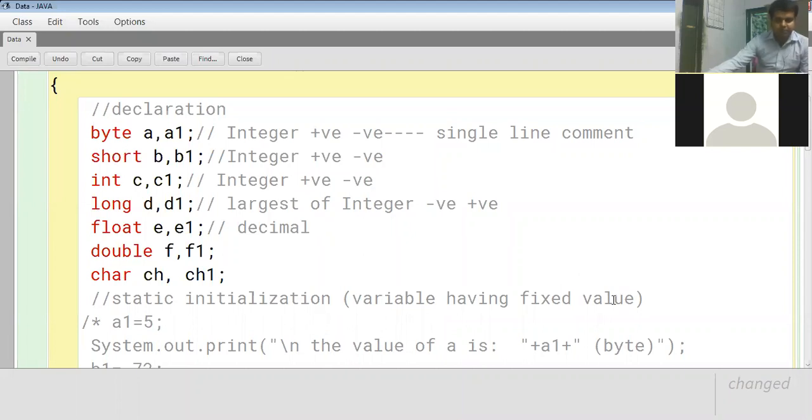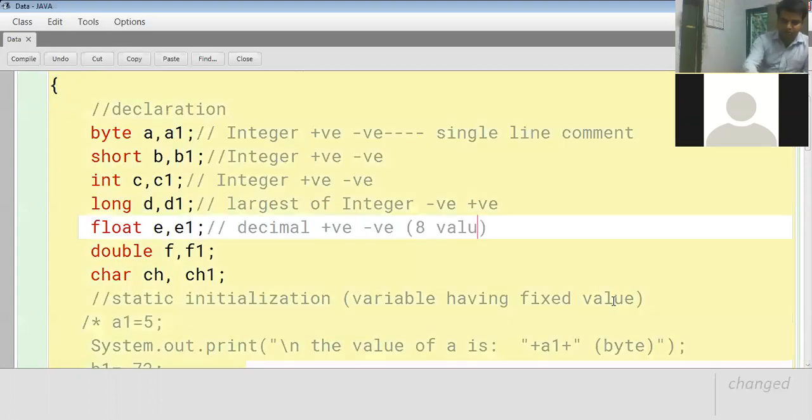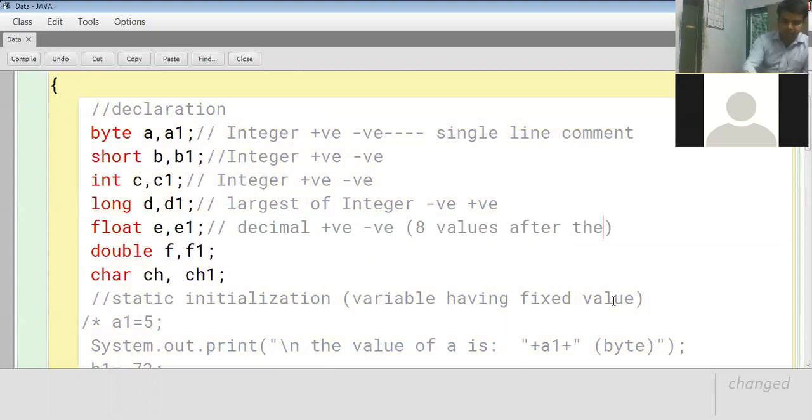The speciality is that it can store any positive number as well as negative number, but float data type gives you a much closer approximate value. That means it has the potential to store 8 values after the decimal places.